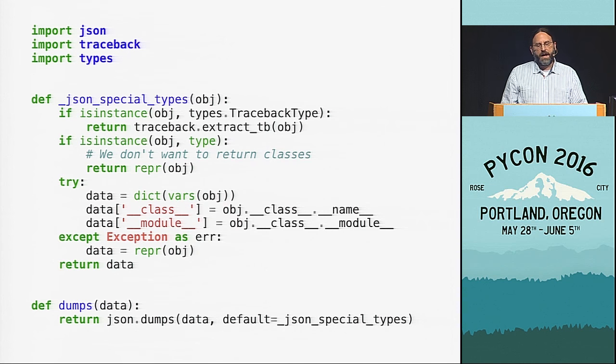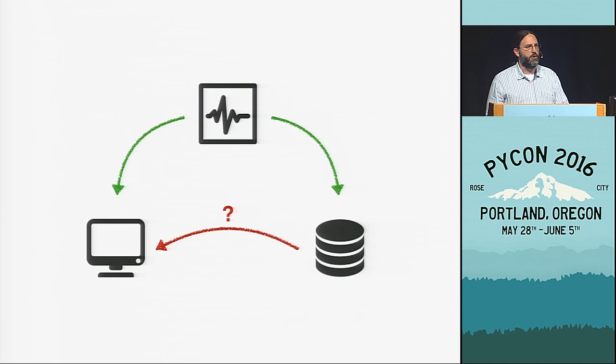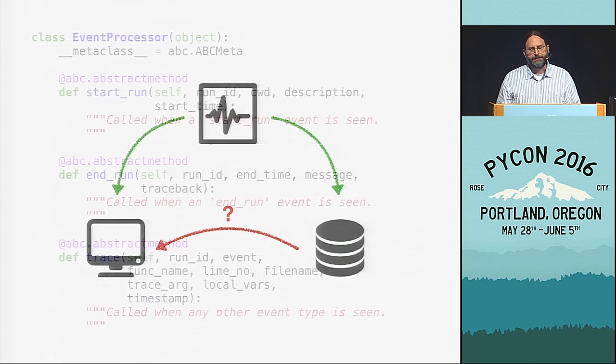Okay, so now I have a thing that can send all of this complex data across the wire, but I still have no way to look at it afterwards. It's just going into a database. I knew I had the formatting code in the existing monitor command, so I started refactoring that out into a separate class so that I could reuse it for my replay command. And that's when I had kind of an epiphany about what I was doing.